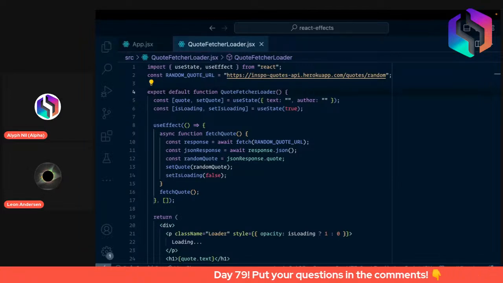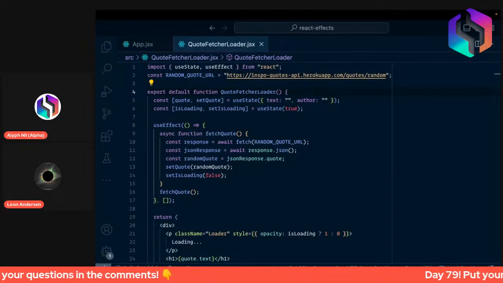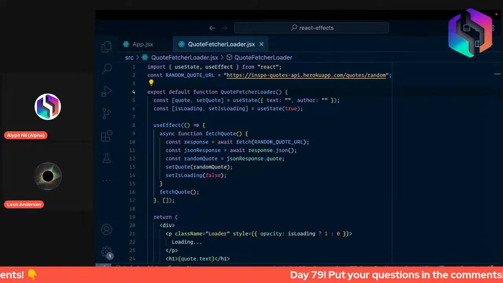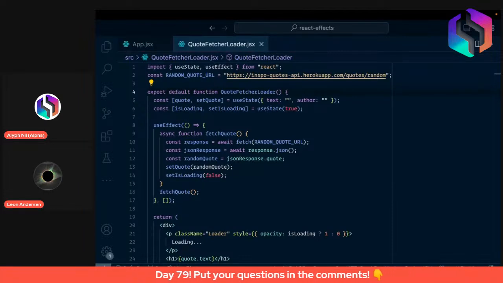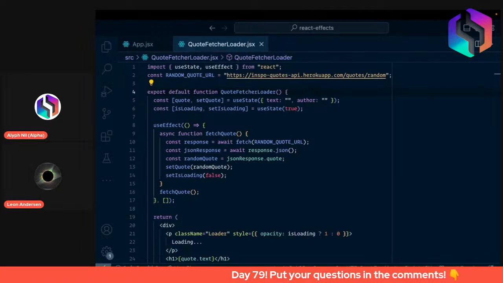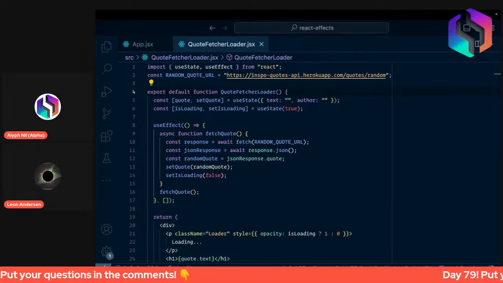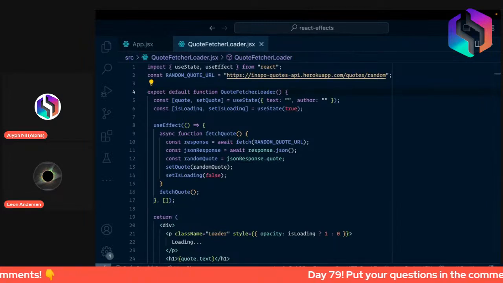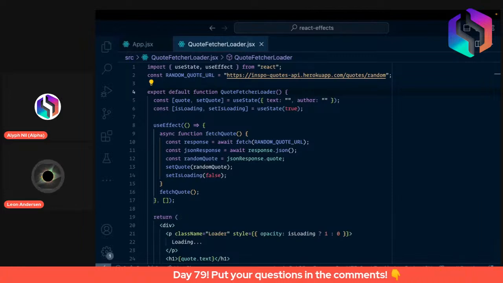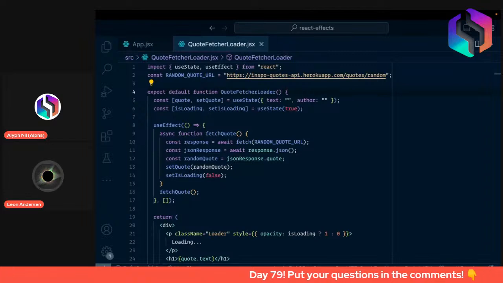So this is basically the same component as before, but the code wanted to demonstrate that we can use the use effect not to trigger, but to deactivate other components or other parts of a component. So we have the class name loader,